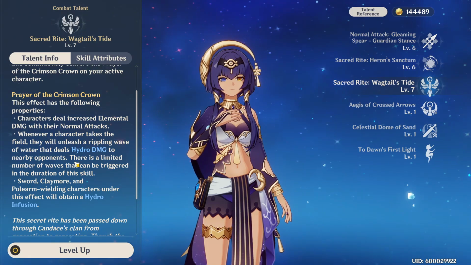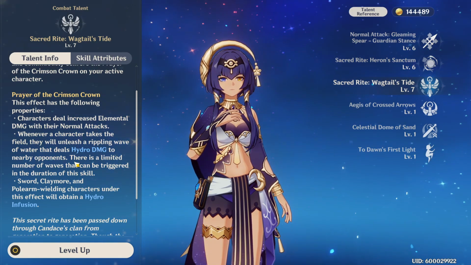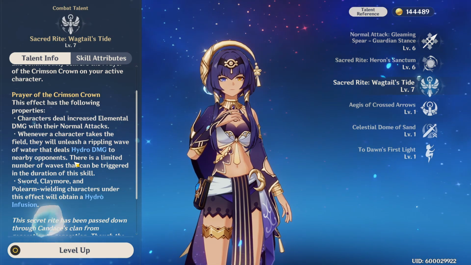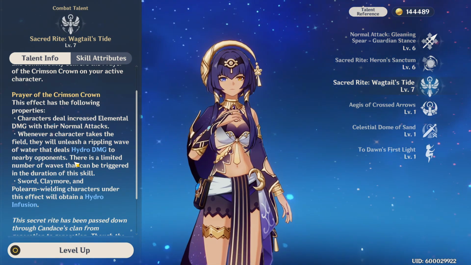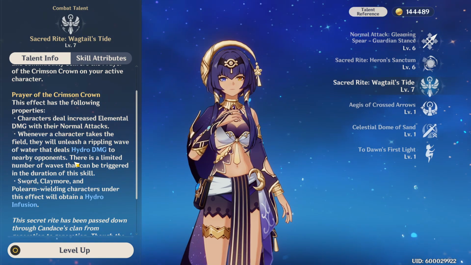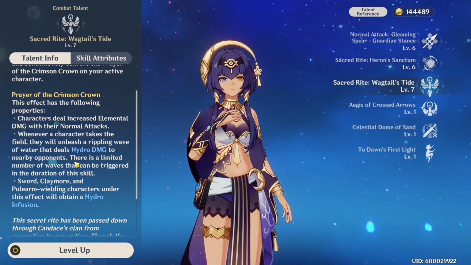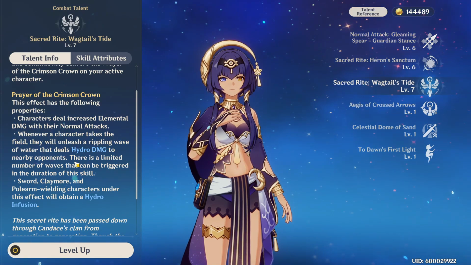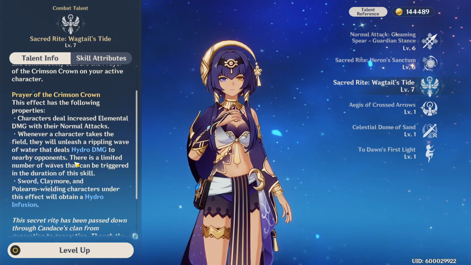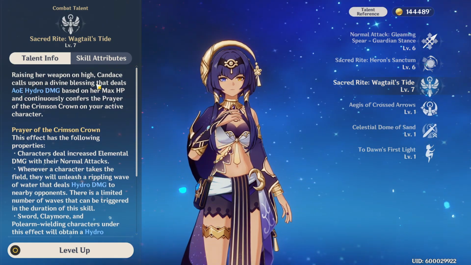And then on top of that, you also bestow hydro infusion to sword, claymore, and polearm wielding characters, so it is going to exclude catalyst and your bow characters. And this might seem a little annoying, but I think it's more of a boon, and in fact most characters just ignore the hydro infusion if they infuse themselves with an element in one way or another. At least most of the time, Kaching does not override this infusion, so keep that in mind. It's just kind of case by case there, but that is essentially one of the biggest parts of her kit,